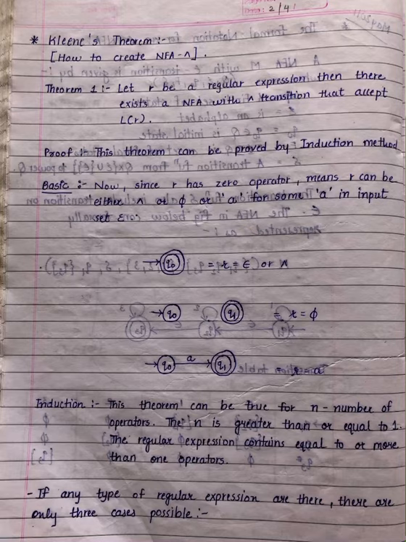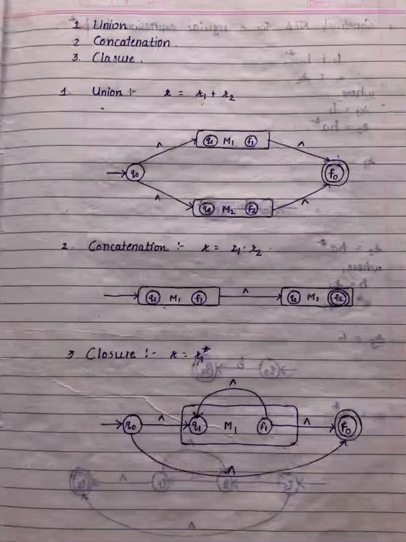The first one is union, the second is concatenation and the third is closure. In union, R equal to R1 plus R2. In concatenation, R equal to R1 into R2. And in the third one, closure, R equal to R1 star. Star indicates the closure. The figure of the union, concatenation and closure is given in this